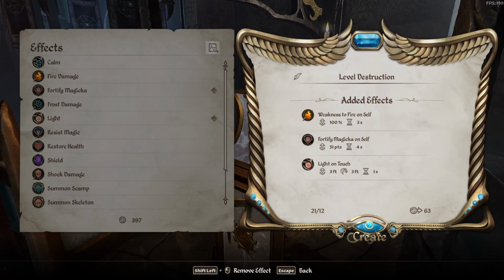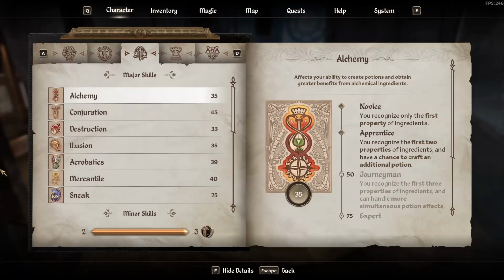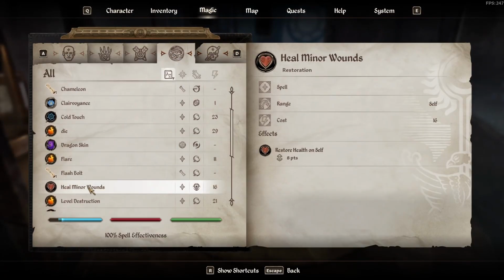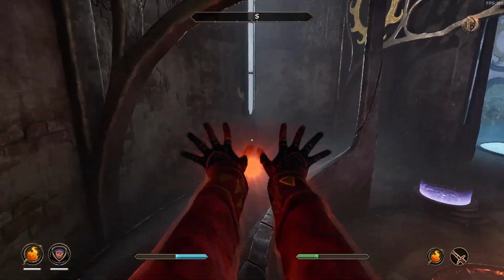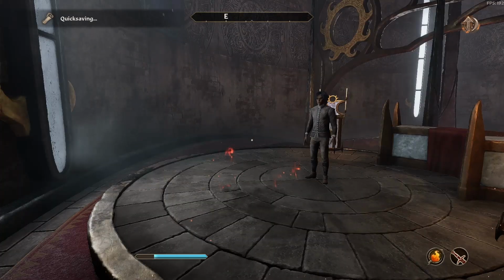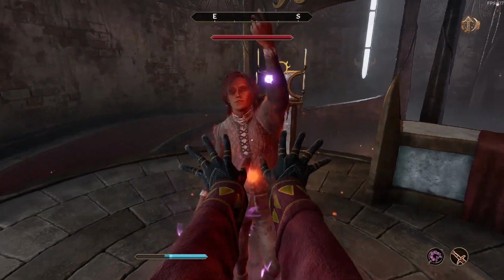For now, the best we have is this spell that gives us 100% weakness to fire and fortifies our magicka, with light on touch at the end, since the animation for on touch is quicker than the animation for on self. Basically, we run around this room casting the spell for about 10 minutes until we can get our destruction skill up to level 50. Once we can cast our spells, we go ahead and hotkey them and try it out on poor Earthor to see if it works, and well...